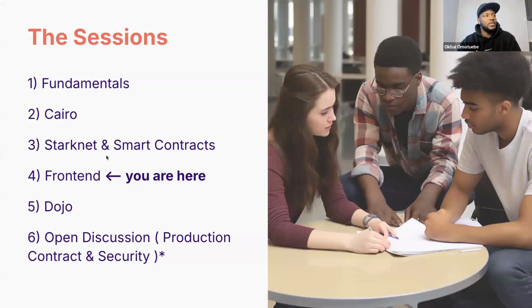Last week we discussed Starknet and smart contracts, and we have 2 more classes to go, and then we should be done with this course. So next week, we're going to be talking about Dojo, which is a game engine for building games on Starknet. And then this is an open discussion, but I probably will still talk more about on-chain games and building games